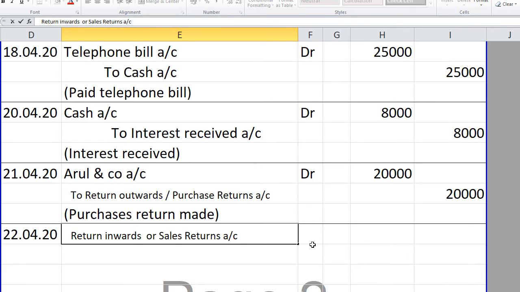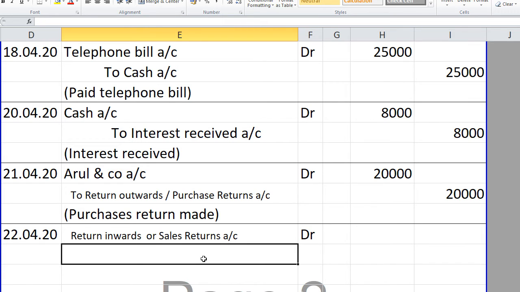Children, again I stress, you write either return inwards or sales return. The first time, to make you understand, I write both. So here automatically